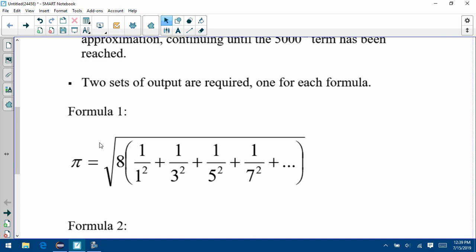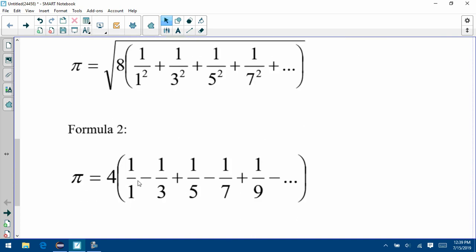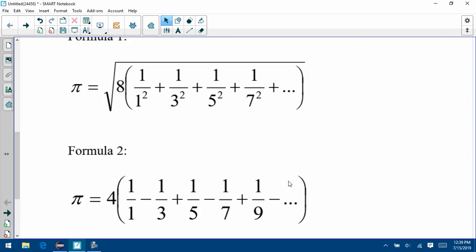3.14159265387 or whatever. Formulas are slightly different, but both of them, if you were able to go to infinity, would give you the actual value of pi. Since we're not able to go to infinity, the best we can do is use them to get an approximation for pi. And the more terms that you add on, the better the approximation. So